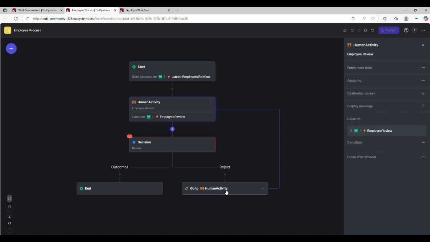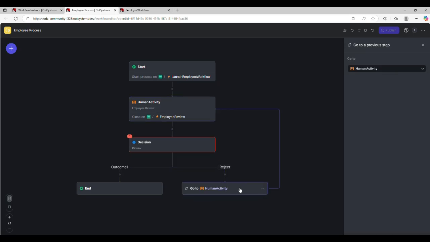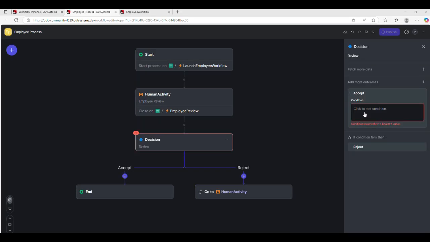This is a different thing, as you can see. So we reject and we go to the human activity. Okay. So we will need to review again that employee. Okay, so this is when we start dealing with the fetch more data,